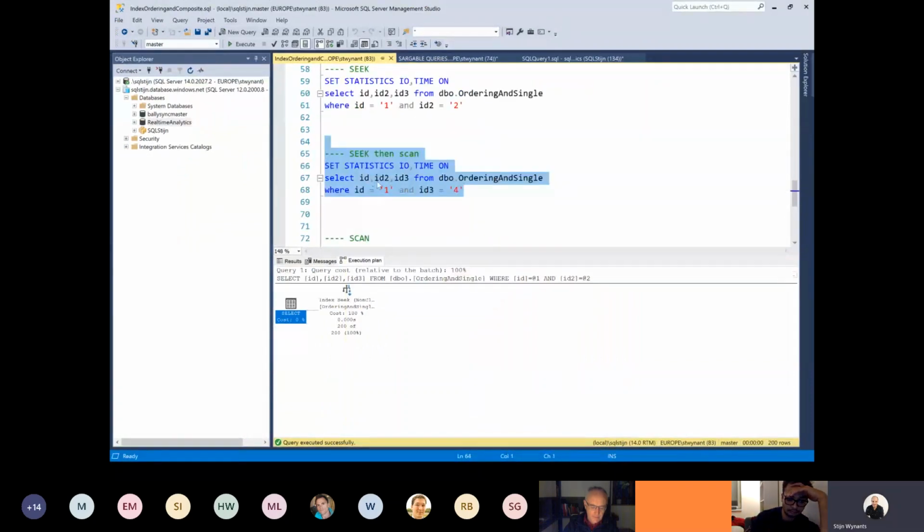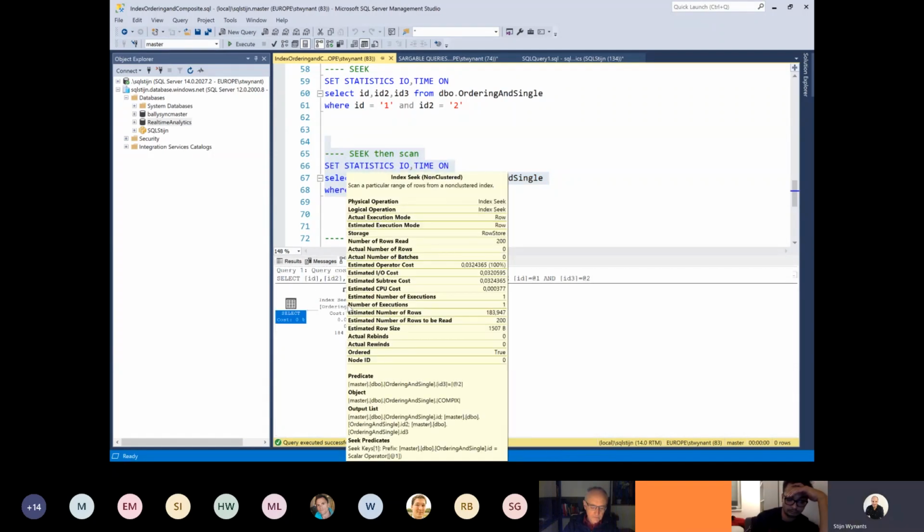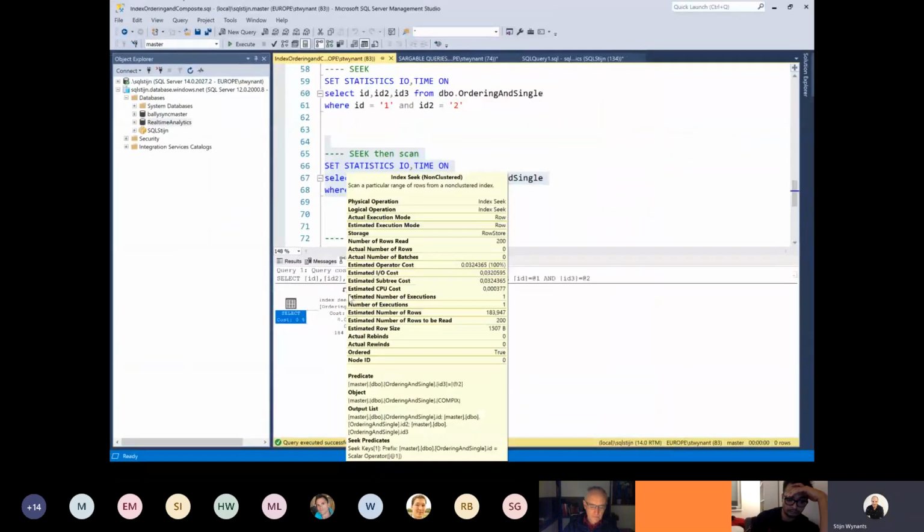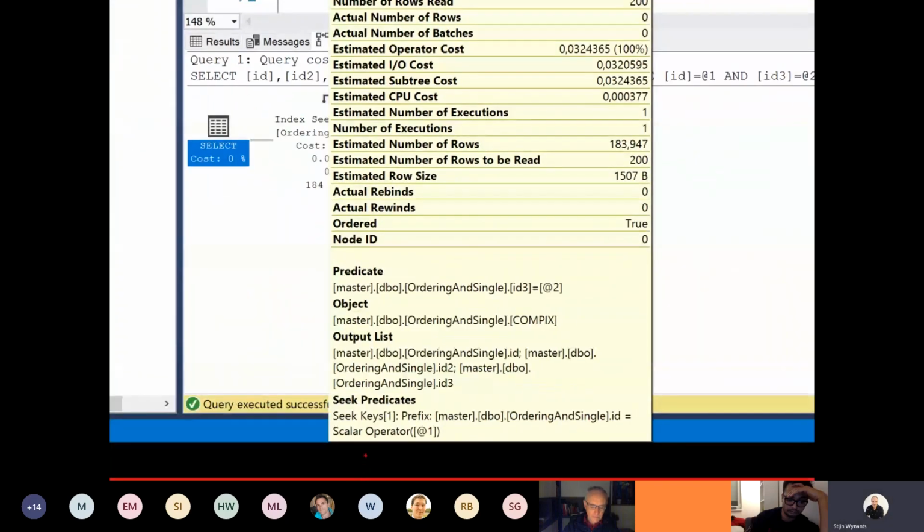Now I'm going to do where ID 1 is 1 and ID 3 is 4. In this case we get our execution plan. Our seek predicate is only on ID 1. And then afterwards, after we've done our seek predicate on ID 1, we're going to apply the next predicate,